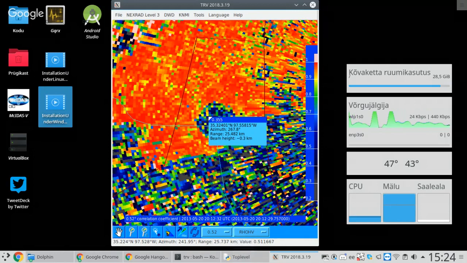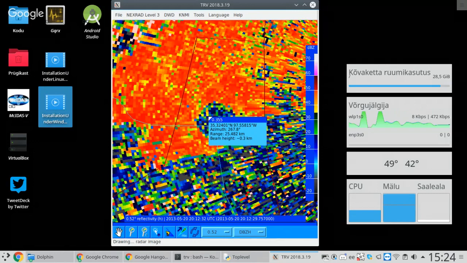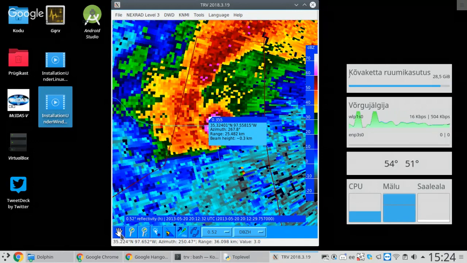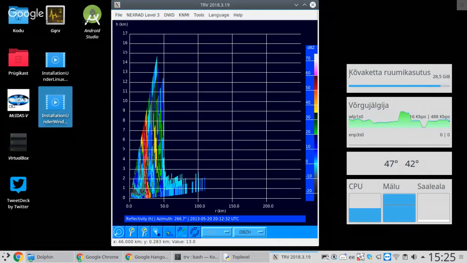Right, let's switch now to reflectivity for the next toy. Now the pseudo RHI. So that's the button here. Let's click on it and select an azimuth. Let's put it right here into the debris ball. We're actually putting it right somewhere over here. And now we have a display. Now obviously it's kind of approximate, but